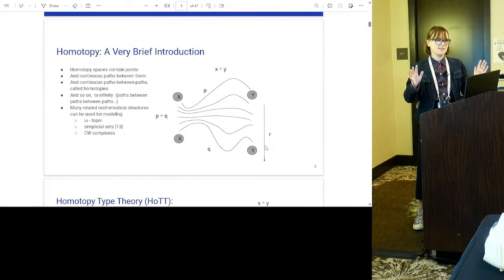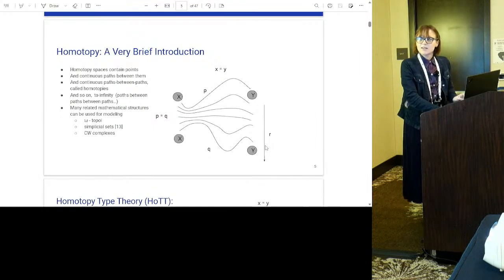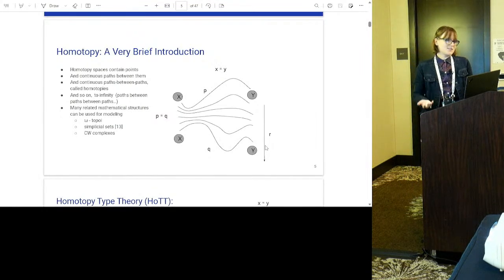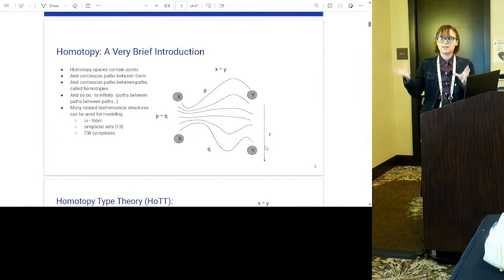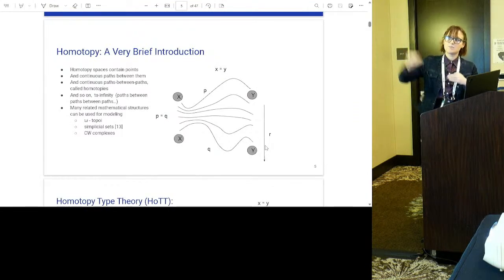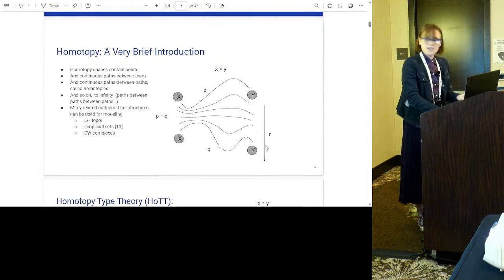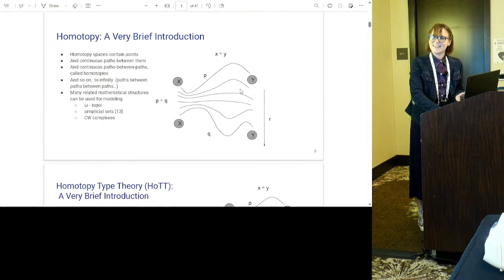We don't need to know about any of those, but they are things that also use this idea of homotopy. If we weren't using the lowest tech option, we would have a nice animation here showing how when we have two points x and y, we have two different paths P and Q between them. And we also have this continuous deformation in the space between P and Q that we're calling R here. And all of this is just a fancy way to say that X equals Y and that P equals Q.